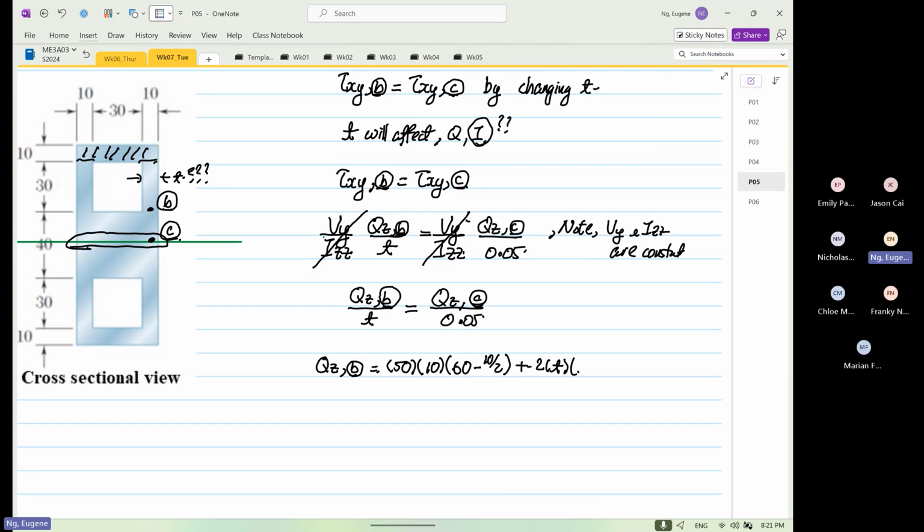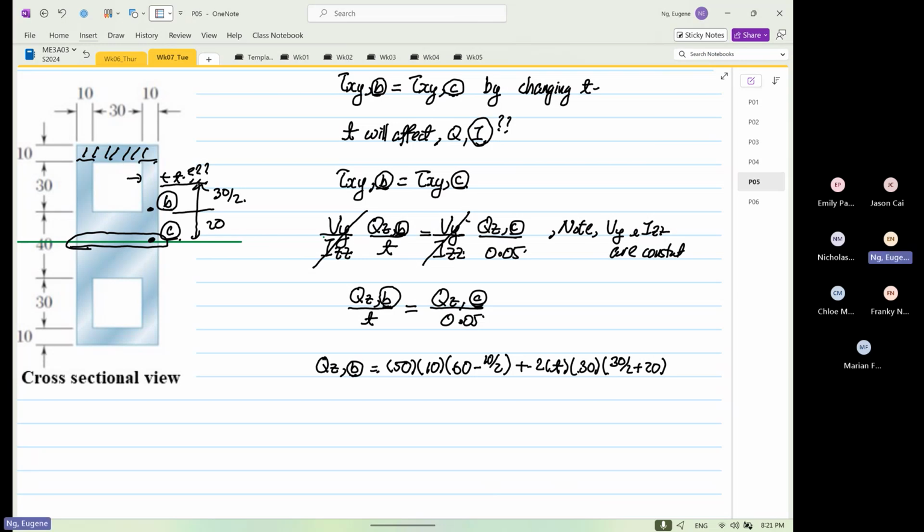Then the depth we know is 30. The y bar is 30 divided by 2 plus y, 20. Right? Because from the distance from here to here, if we section, this is 20, this is 30 divided by 2. Okay. So this is equal to 30 divided by 2